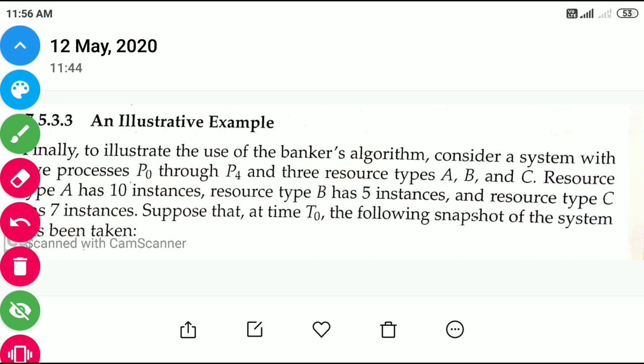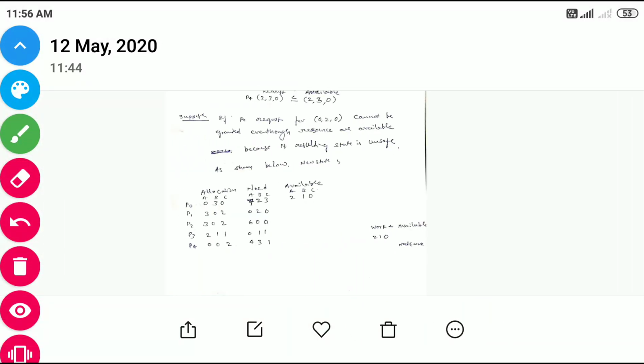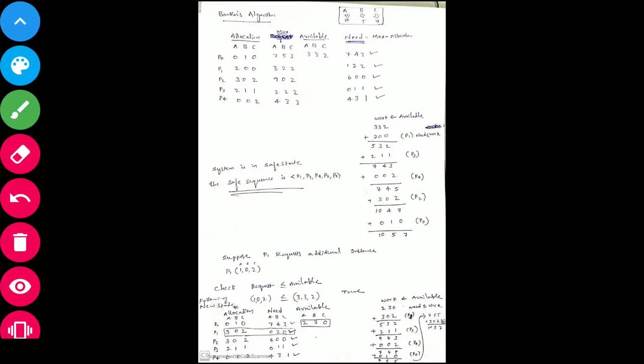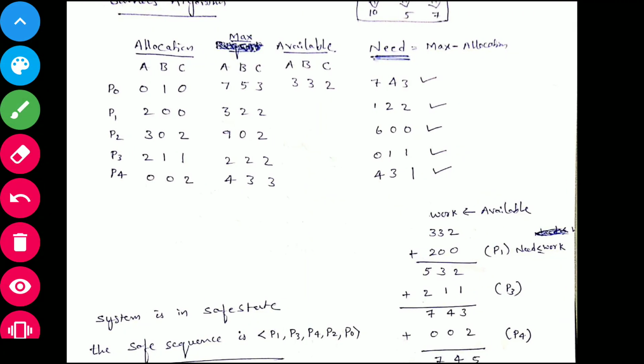Okay, so now suppose at time T0, the following snapshot of the system has been taken. Just a minute, I will show the snapshot. Okay, so this is the snapshot of the system.